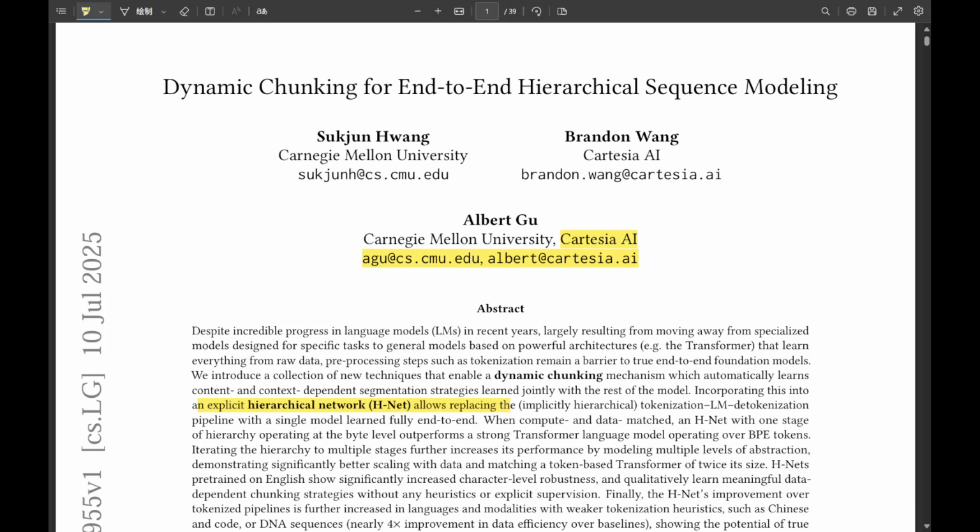Okay, so our mission for this deep dive then is to really understand how this groundbreaking new approach called HNet finally tackles this fundamental barrier. This isn't just a small step. It seems like it's about making truly end-to-end language models actually work in practice. So let's start by unpacking this tokenization tango a bit more. What does it actually involve, and why has it been such a persistent hassle for these language models?